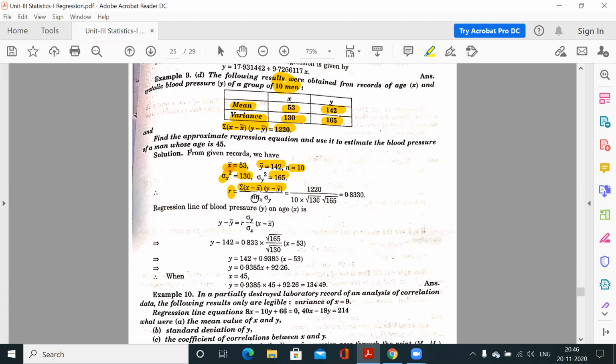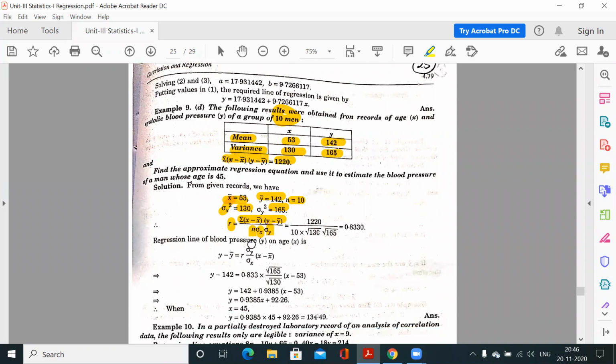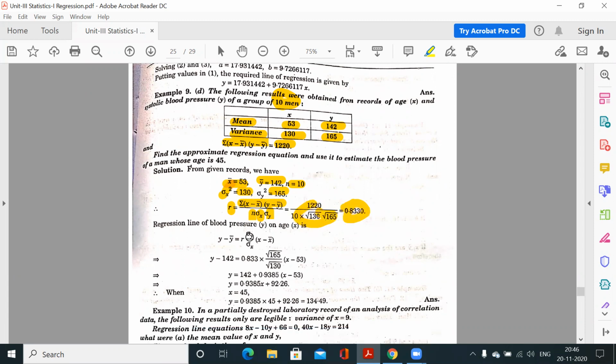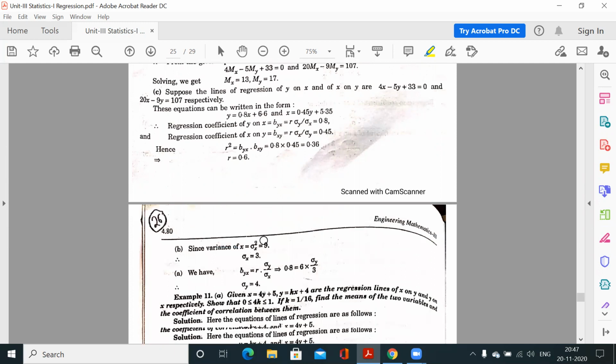So you have to follow the correlation analysis topic. I told you this formula also, with sigma x sigma y. Because we have been given the variances, we cannot use the other formula, we have to use this formula only. So everything is given, substitute everything, we will get R, and now we have R, sigma y, sigma x, x bar, y bar, so we can get the regression line. This is the same question: two regression lines are given, mean is the intersecting point, standard deviation, correlation coefficient.